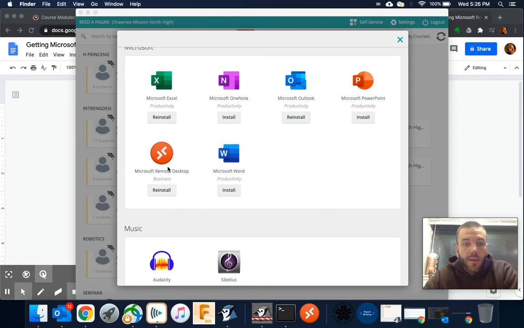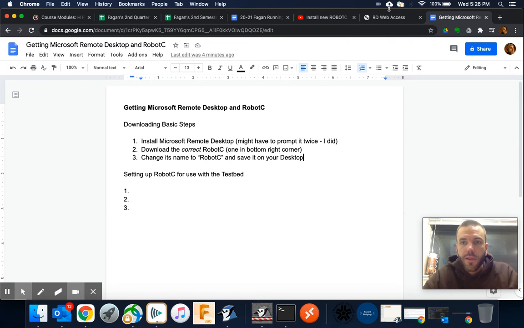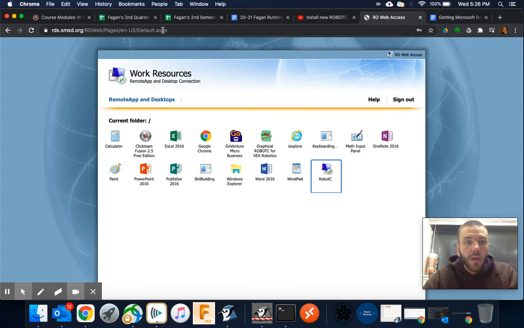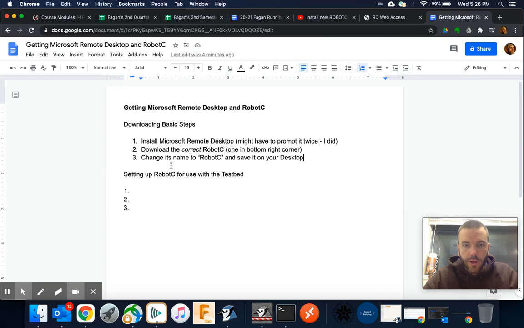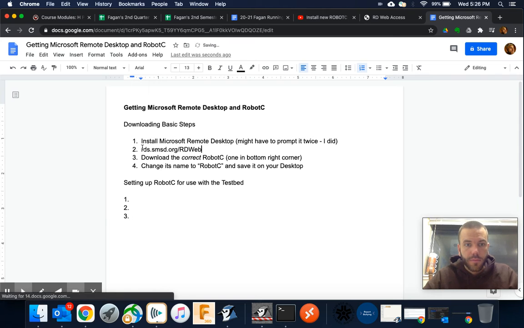Okay, so once you get Remote Desktop installed, what you will want to do is go to this website, and I should put this in the directions as well. It's called rds.smsd.org/rdweb. Okay, I'm going to copy that and put that in here. So this will be the first kind of step to make this happen. All right, and once you go there,